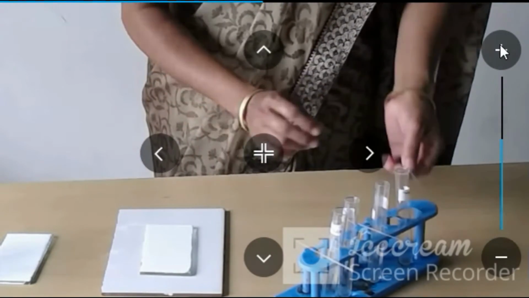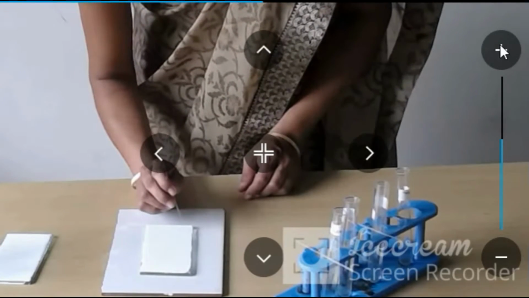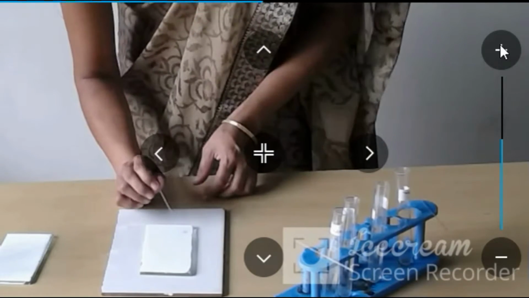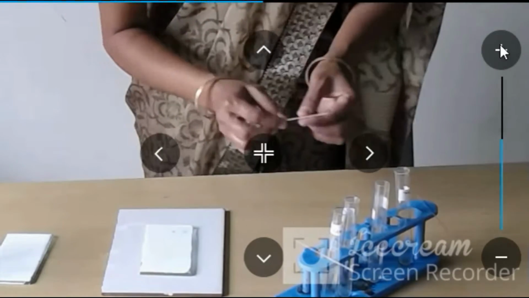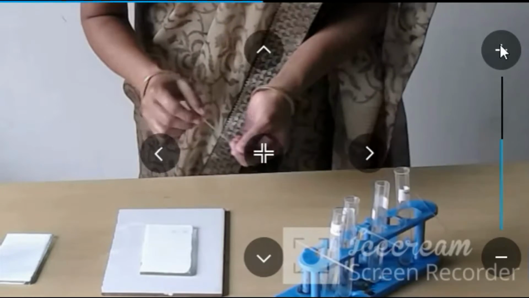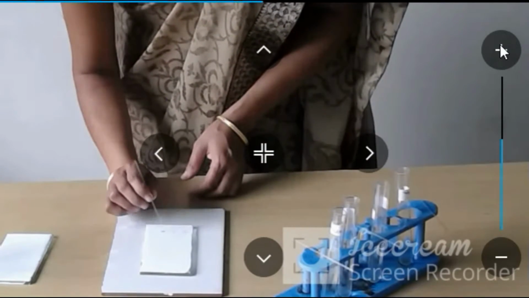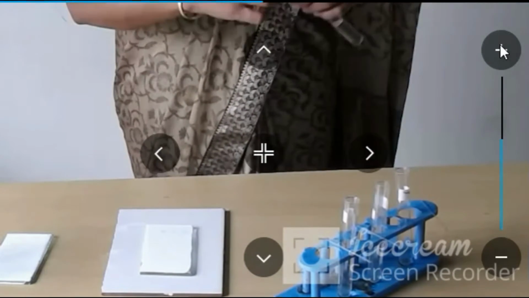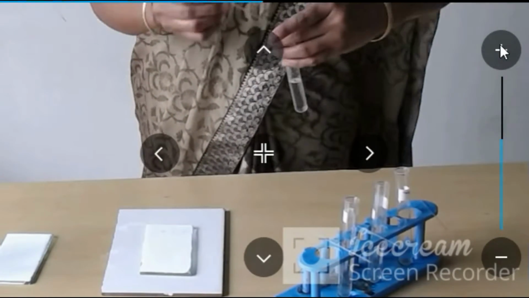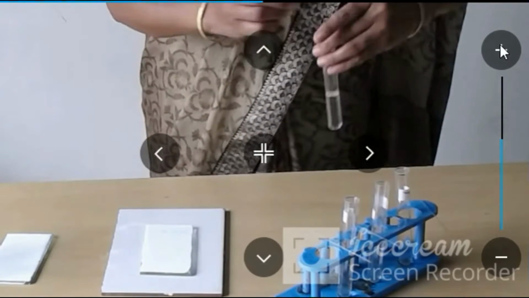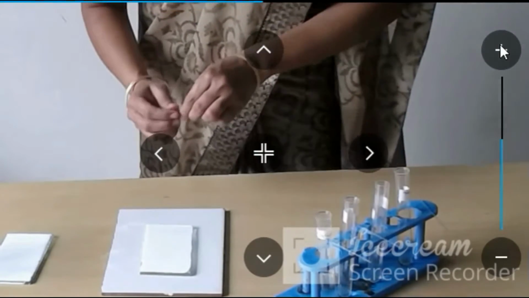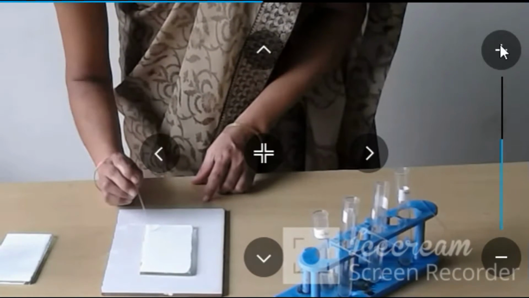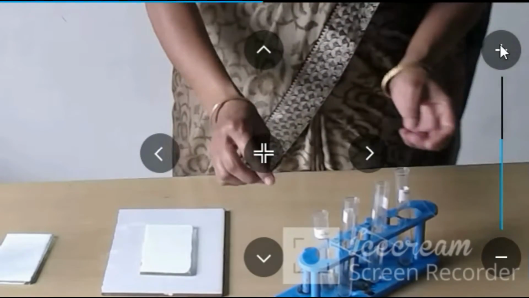Again I am repeating the same sample application once again to have a concentrated spot of our sample. Now sample application is over.